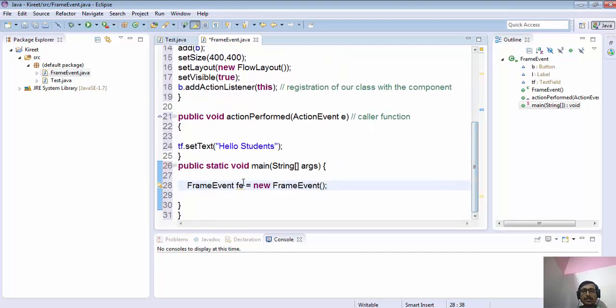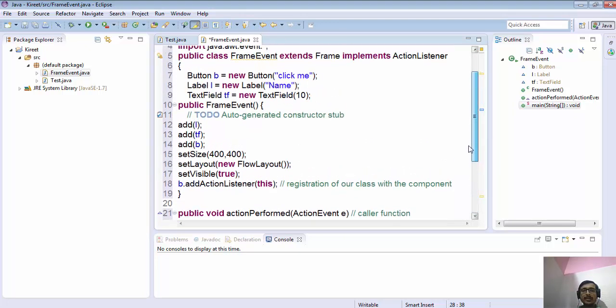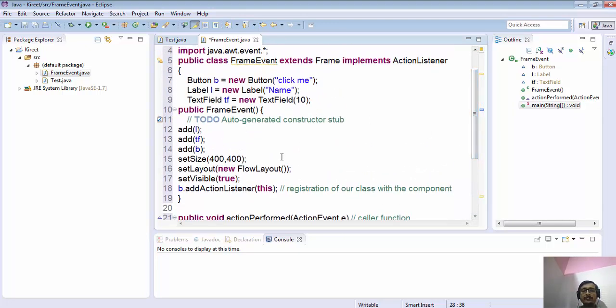As soon as this line is invoked, an object will be created, the constructor will be invoked, and a frame will appear on the screen.